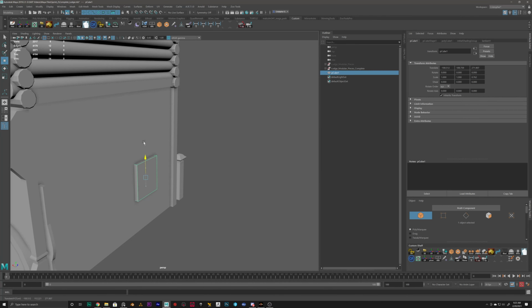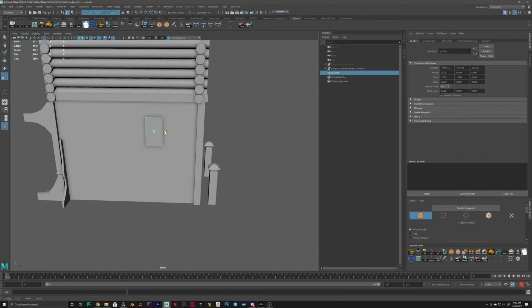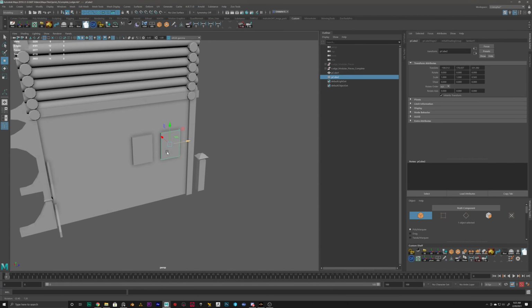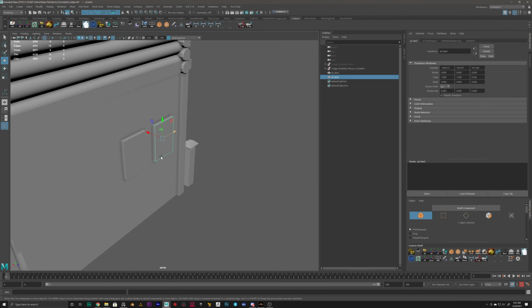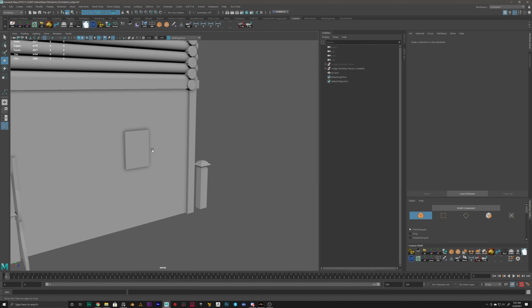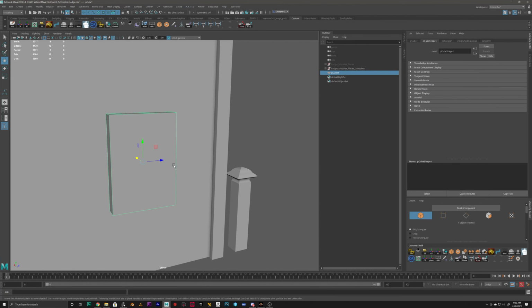So now, looking at the reference, I'll lay my window out and see how big I need it. And I know I need 2 of these, so I'll just place 2 just to see. But I'm just grabbing 1. And this looks about right. So now, all I want to do is,